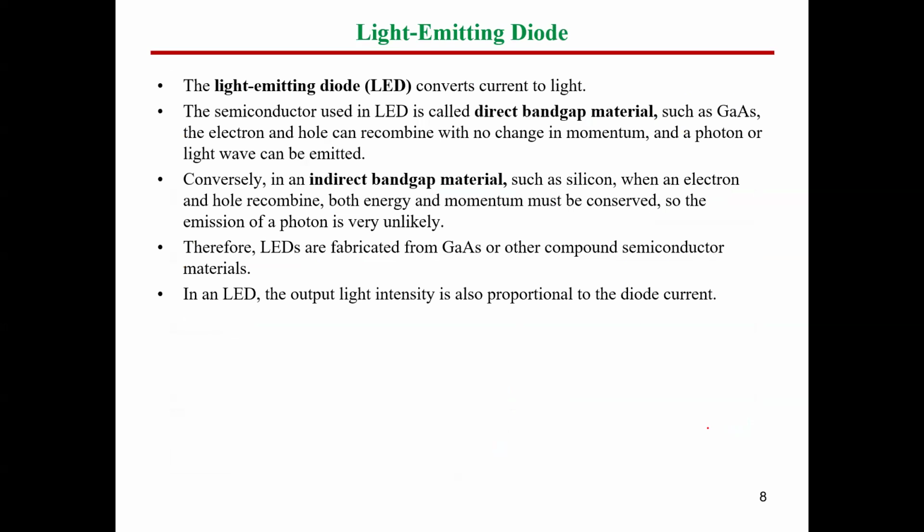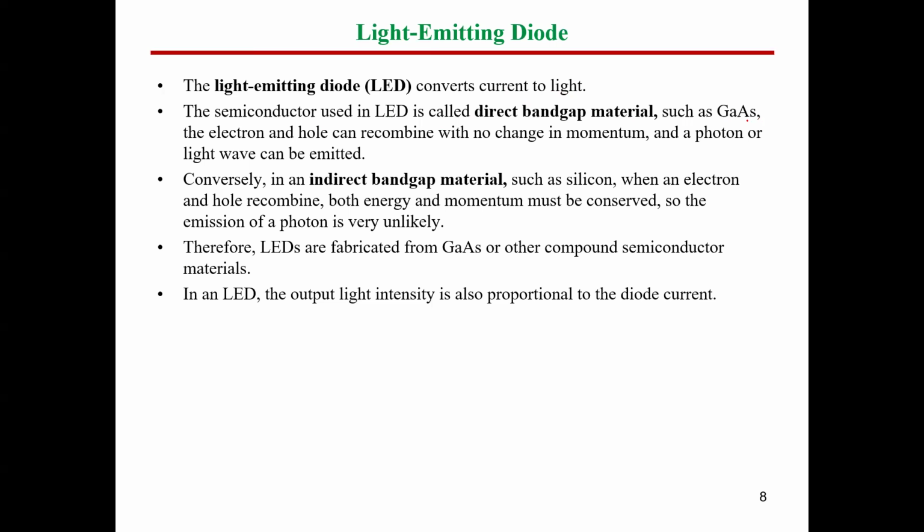Let's see another type of diode, guys, which is the LED, or light emitting diode. Now, its function is the opposite of the photodiode. The light emitting diode, or LED, converts current to light. So in the photodiode, light is converted to current, but here current is converted to light. The semiconductor used in an LED is called a direct band gap material. Like what? Like